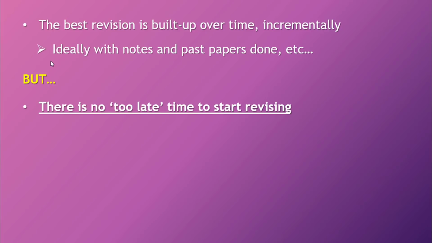And people are so focused on what everyone else is doing. Students often exaggerate their revision either in the positive sense or negative sense, like they'll say, oh, I've done no revision despite having done months of revision. So don't focus on what everyone else is doing. It's all about what you're doing, and don't ever give up is essentially my message. So whenever you're at in this revision process, whenever you're watching this video, you've got enough time before your exam to get some good revision done.